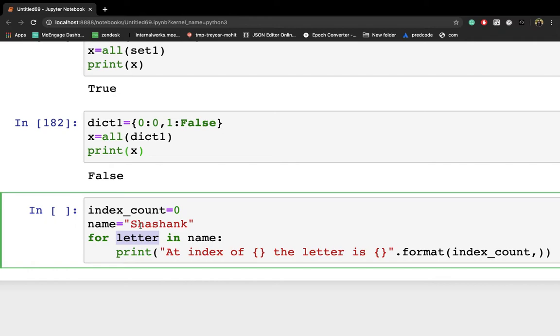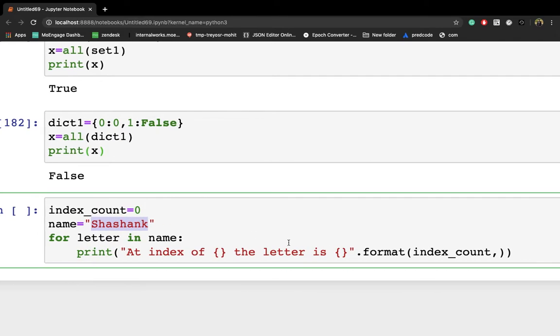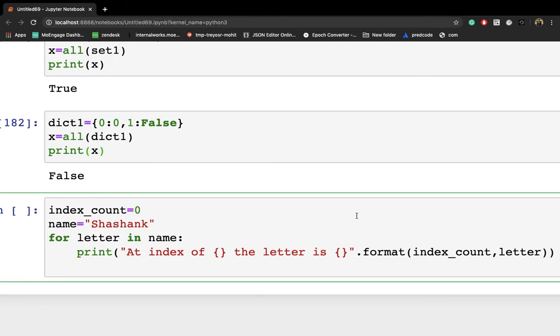As I told you, this will iterate through all of the elements of this particular string, so we provide letter here. Let me increment this: index count is equal to index count plus 1. Instead of writing it another way, you can directly write index count is equal to index count plus 1.